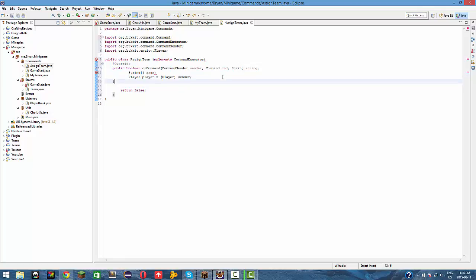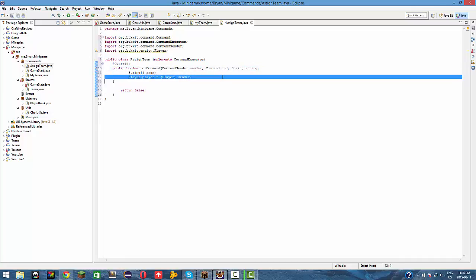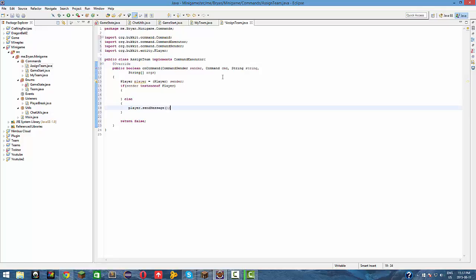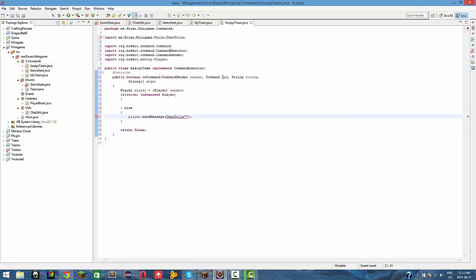What's going on here? Why isn't this? Okay, wait. Control X. Oh, my bad. Okay, so if sender instanceof Player, we're actually going to be making the assign team. So we're going to make an else: player.sendMessage ChatUtils.starter plus this